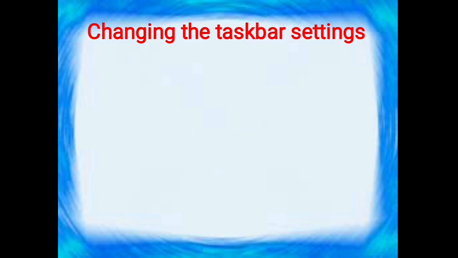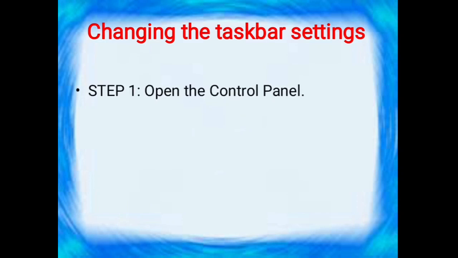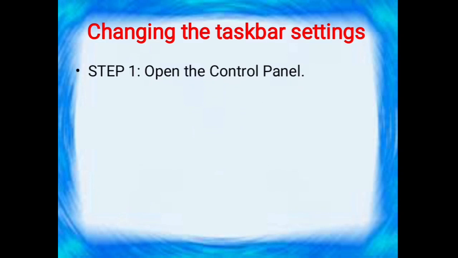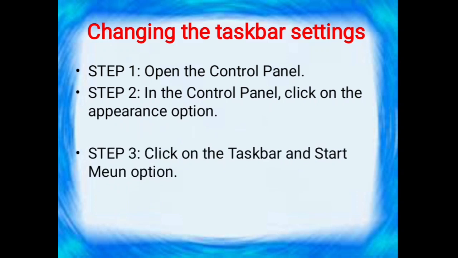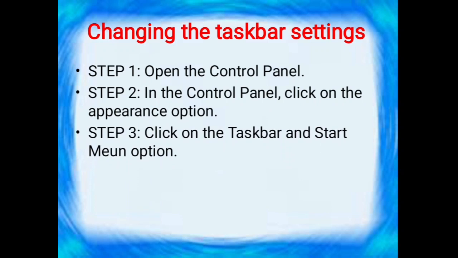Okay, so how to change? First, you have to open the control panel. In the control panel, click on the appearance option. Then click on the taskbar and start menu option.